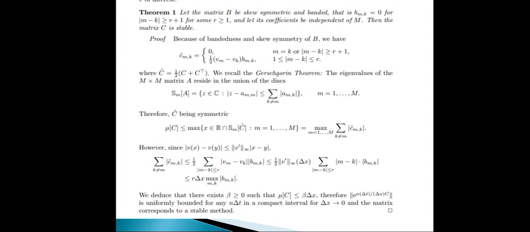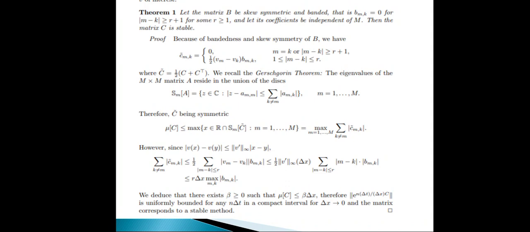Proof: because of bandedness and skew symmetry of B, we have C̄_{m,k} = 0 for m = k, or |m − k| ≥ r + 1, and (1/2)(μ_m − μ_k) B_{m,k} for 1 ≤ |m − k| ≤ r, where C̄ = (1/2)(C + C^T). We recall